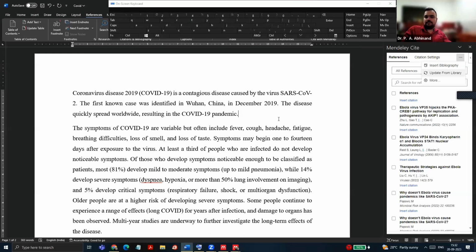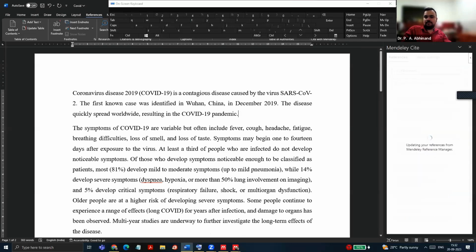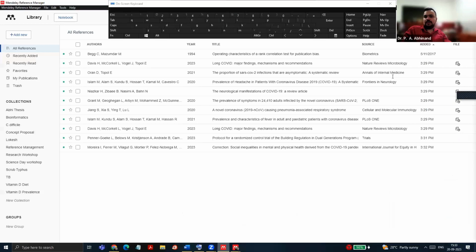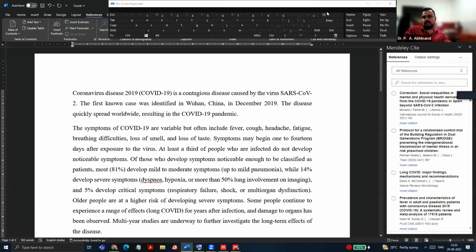Say for example, I can always refer to the paper in terms of the author name or the name of the paper. Say for example, I want to add this paper called Topoi. So this is the first paper, I found it.